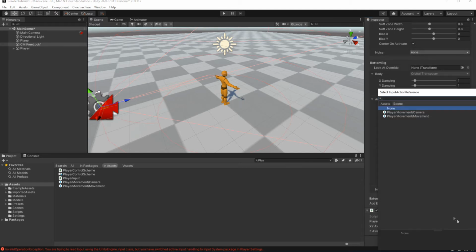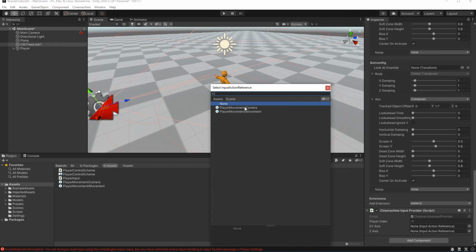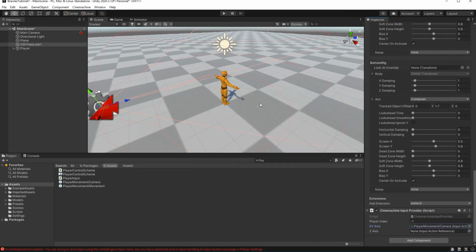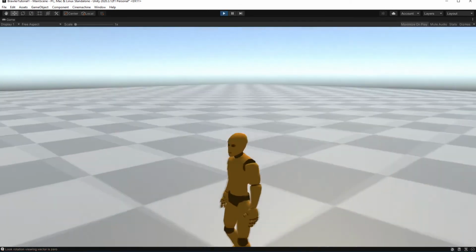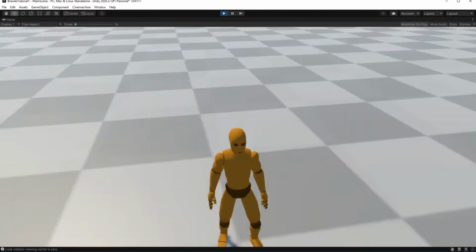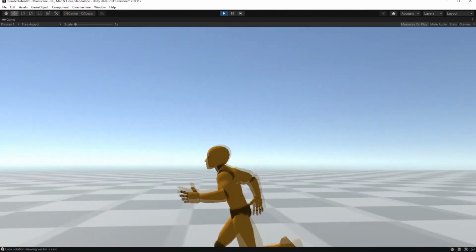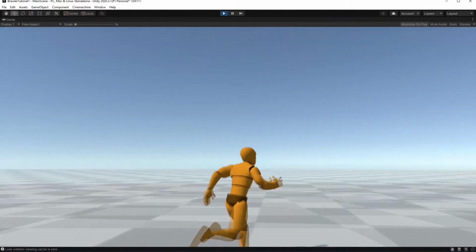Add reference to the player movement camera to the XY axis variable. Launch the game. Good.